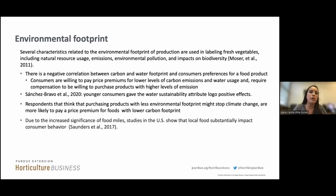So what kind of environmental footprint claims do we care about in this study? Several characteristics related to the environmental footprint of production are used in labeling fresh vegetables, including natural resource usage, such as water usage and energy usage practices, and some emissions, like food miles, carbon dioxide, and environmental pollution also. It's important to keep these kinds of claims or concerns in mind to know what to